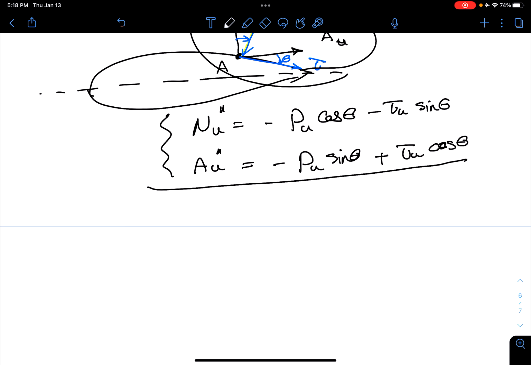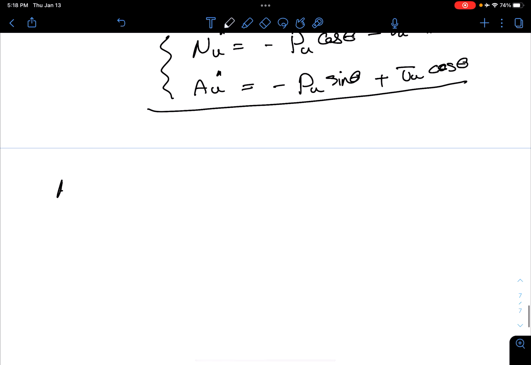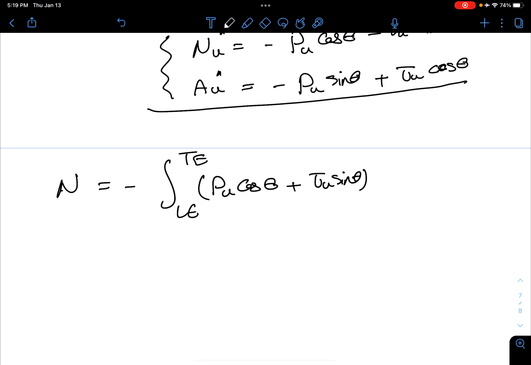This is force per unit area at each location, right? How can we convert force per unit area to force? Multiplied by area, but it's not that simple. Why? Because this pressure and shear are going to change at different locations. So we have to integrate. So your total normal force N is going to be negative, integrated from the leading edge to the trailing edge, of p_u cosine of theta plus tau_u sine of theta dA